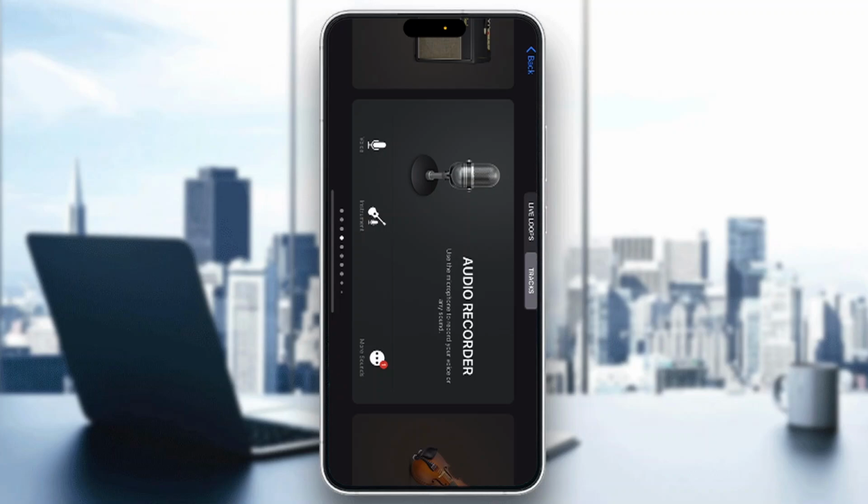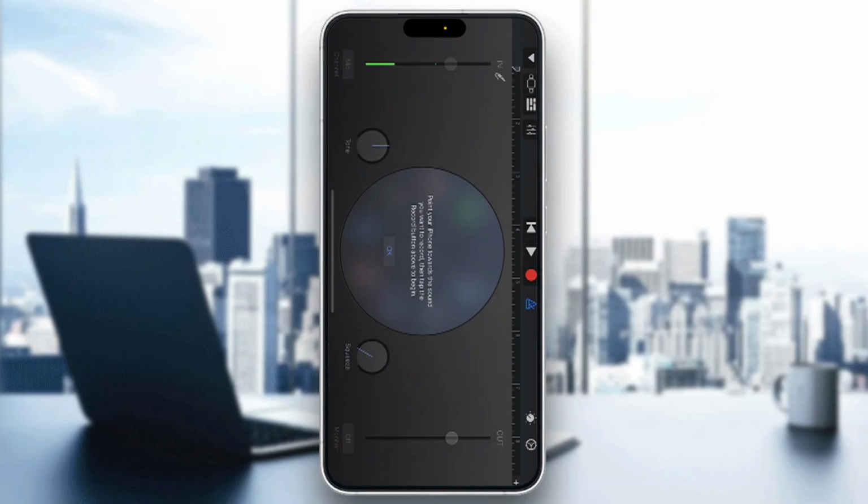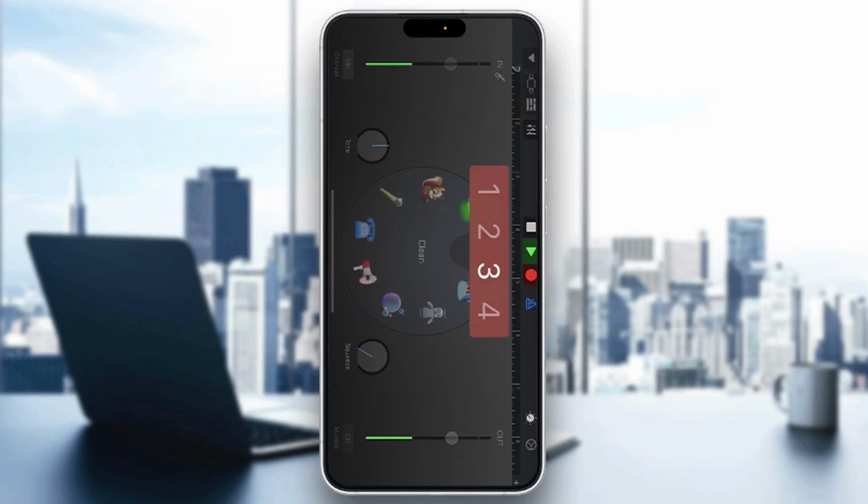The first thing I'm going to do is open up the audio recorder option right here by tapping on it, and it's going to open up this new recording menu where we can get started recording ourselves. So the first thing you want to do is record yourself so that you can get that distorted effect. You can get started recording by clicking the big red circle at the top of the screen right here. As you can see, it's going to start the recording,